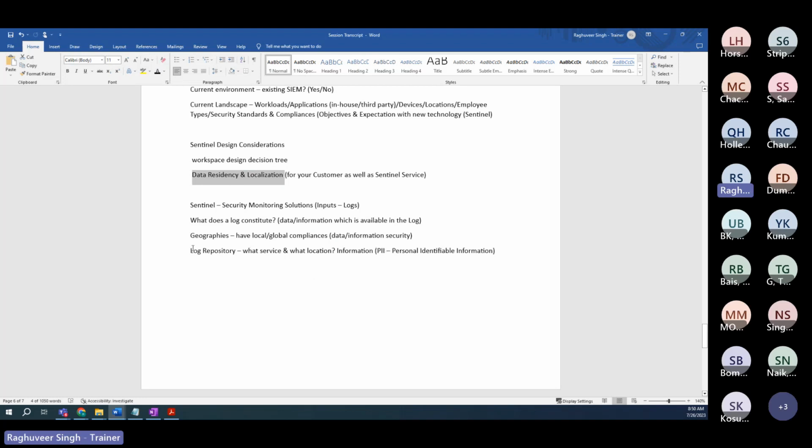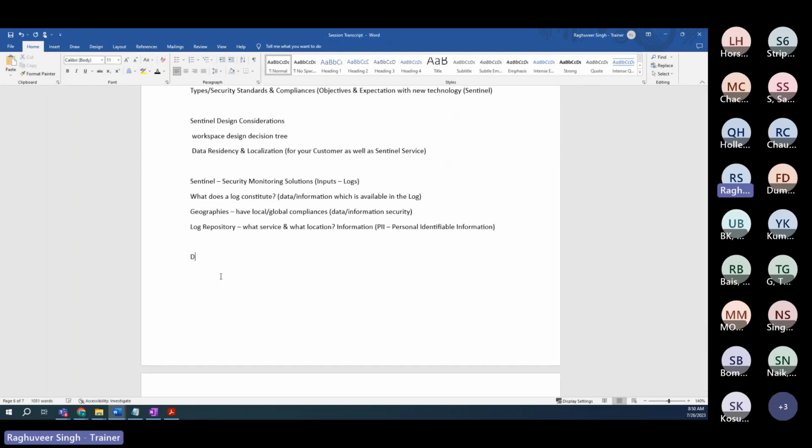And since data residency and localization is very important, it basically involves where exactly you are going to store your data, and what that data and information include. So the question comes: where is the Sentinel service configured? What is my data residency for the Sentinel service? So when I say Sentinel service,